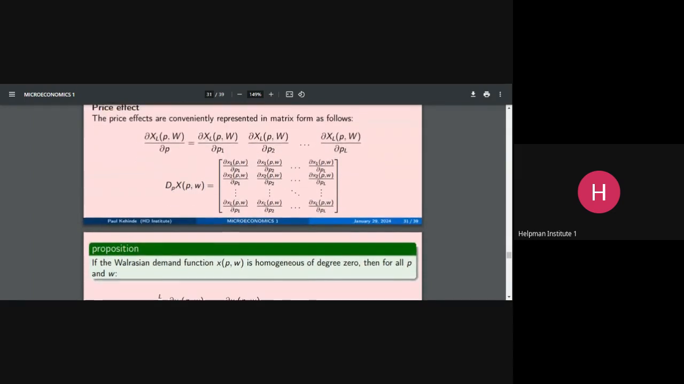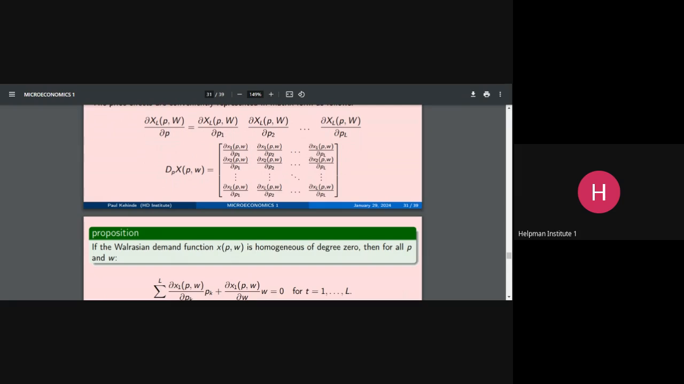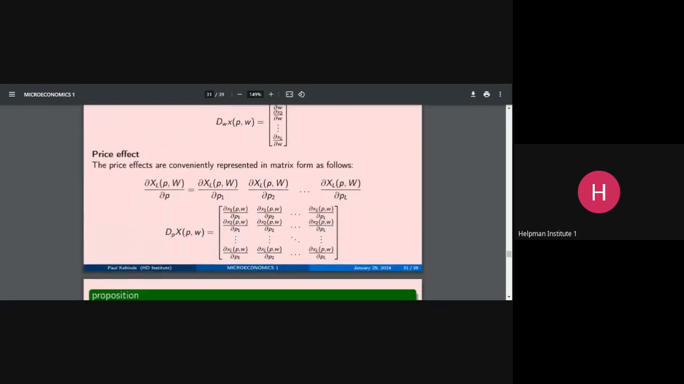And we can also have some intuition from this effect, from the homogeneity. When we're having homogeneity of a good, there are some consequences, which we listed in our proposition here. We say that if your demand function is homogeneous of degree 0, then for all prices or for all weights that we can pick,